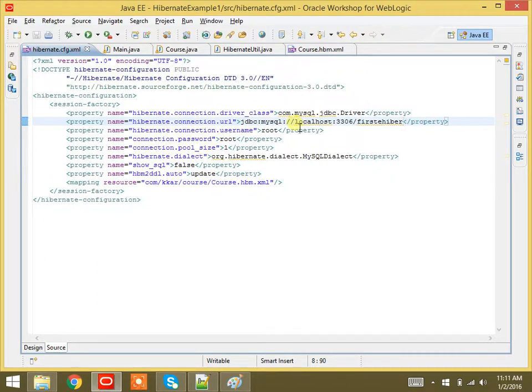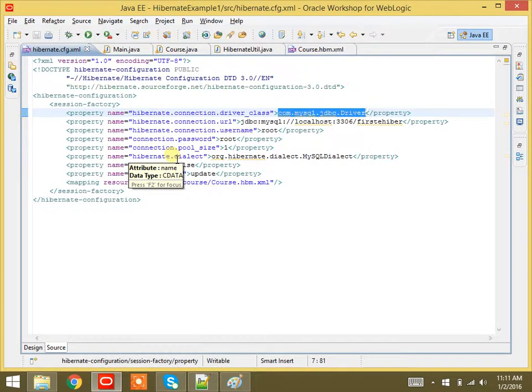Then localhost, I am representing my local machine because my database is there in the same machine. And the port address for interacting with MySQL is 3306. That I have specified in hibernate.connection.url. hibernate.connection.driver_class is this driver. These are the parameters which we need to pass. I will be explaining these things. So here completely you will be having all these configurations only.